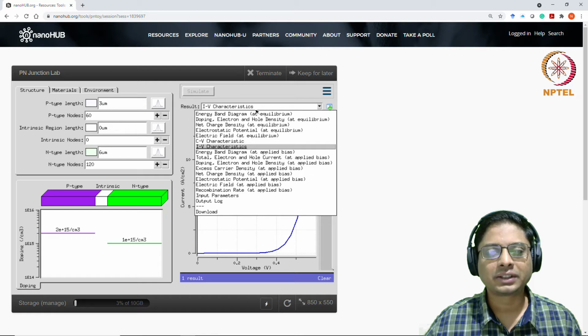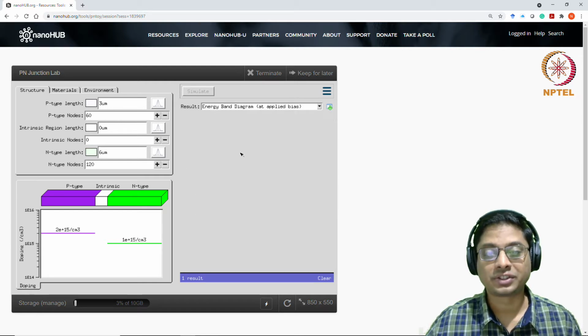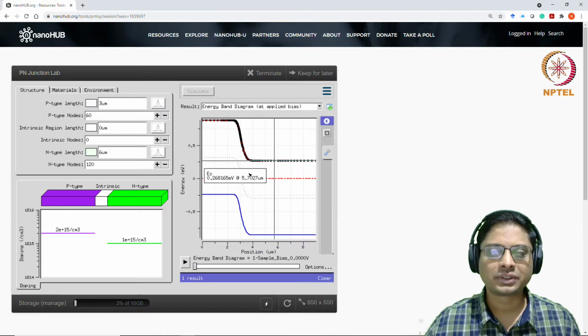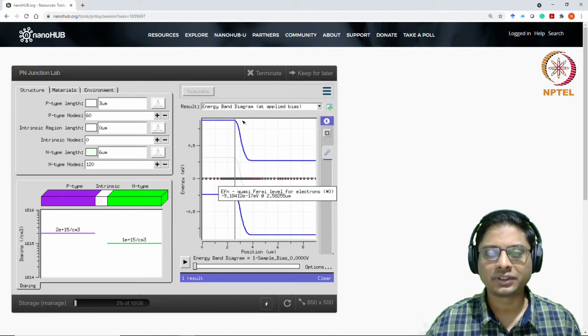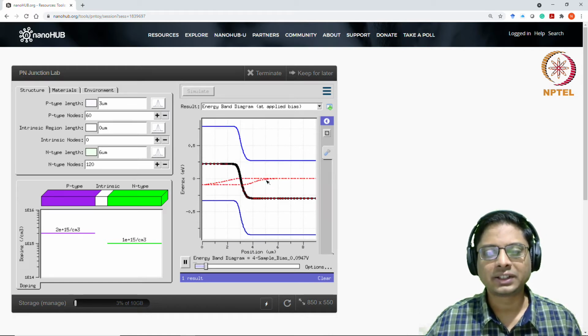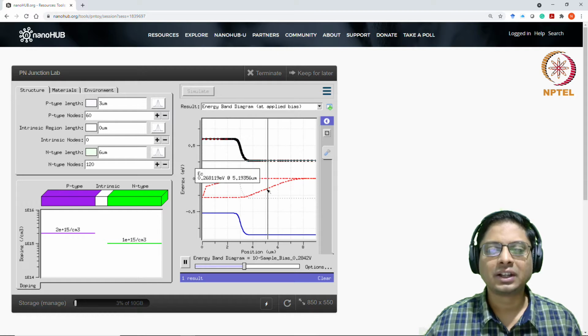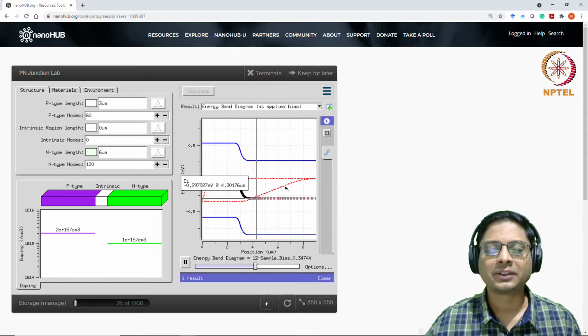And then you can also look at the energy band diagram, how it changes. This simulation default is actually running from 0 to 0.6 volts. This was the equilibrium at 0 applied bias, the equilibrium band diagram. But as you apply forward bias voltage, you will see that this built-in potential or energy barrier is reducing. And you're also seeing that the quasi-Fermi levels are separating out.